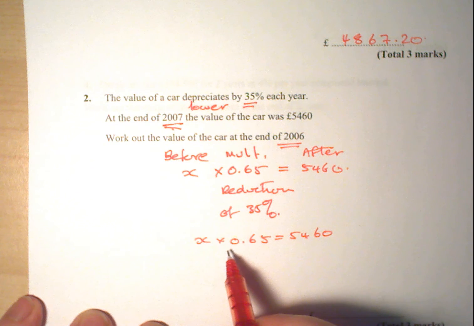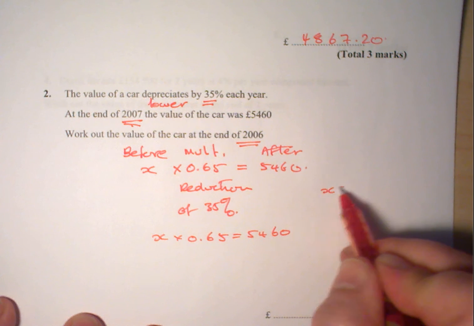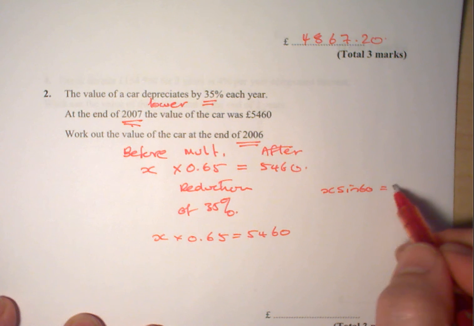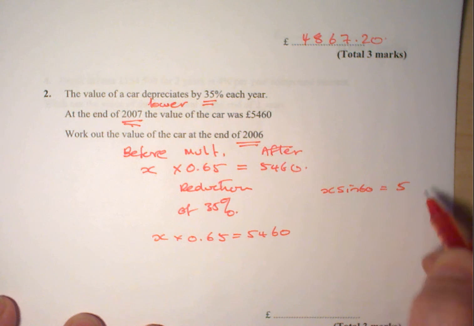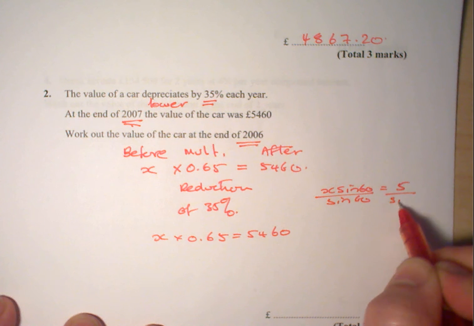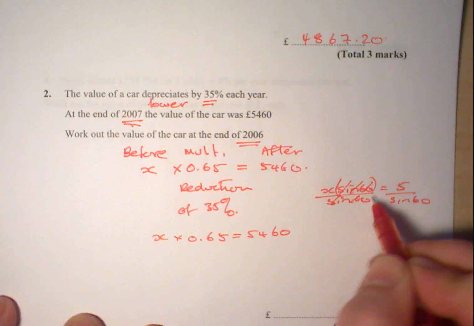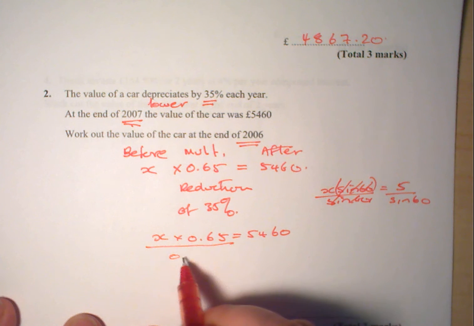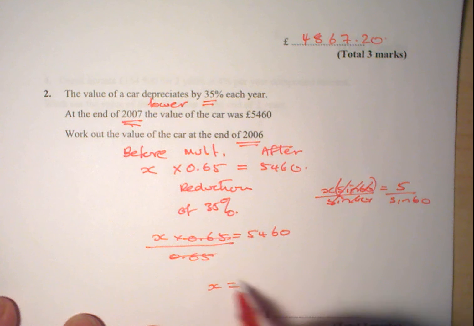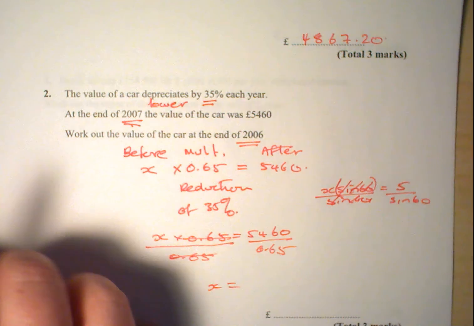And what I need to do, you might remember, if I have trig equations, if I've got something like x sine 60 equals 5, then I can divide both sides by sine 60. And that gets rid of this thing which is multiplying the x. So likewise, I can do the same thing here, divide by 0.65. This will cancel that out, and I've got x by itself. But whatever you do to one side, you must do to the other. So if I put that into my calculator,